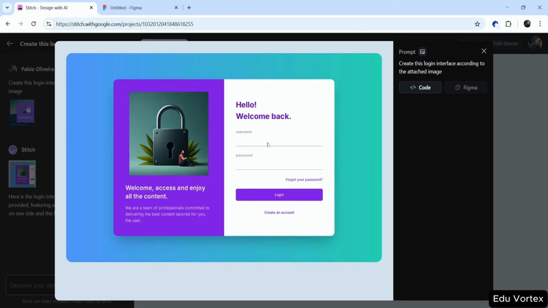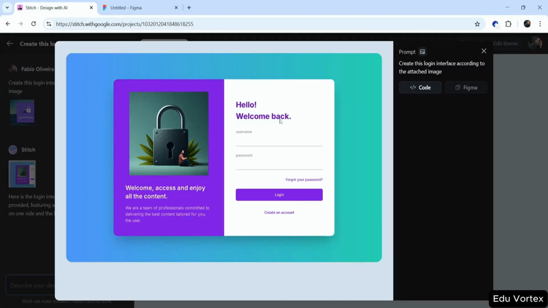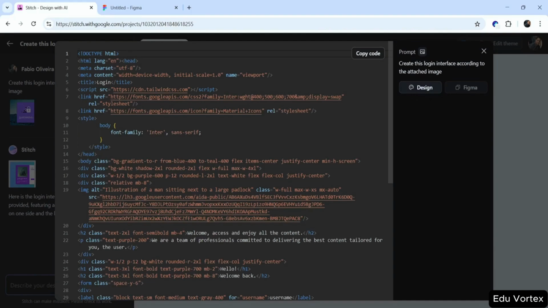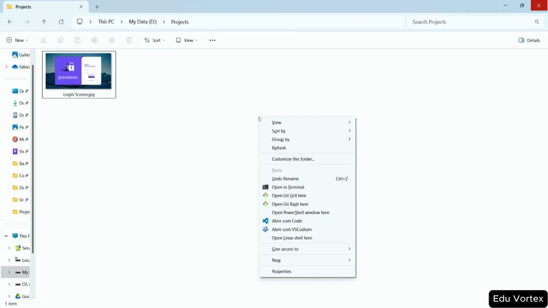Now, let's turn this project into an HTML file. If you're on this page, all you have to do is click anywhere on the design. Next, it will open this window, where you can simply click this button to switch between code mode or design mode. Click this button at the top to copy all the HTML and CSS code that was generated on the page. And now, on your computer, you can create a new folder